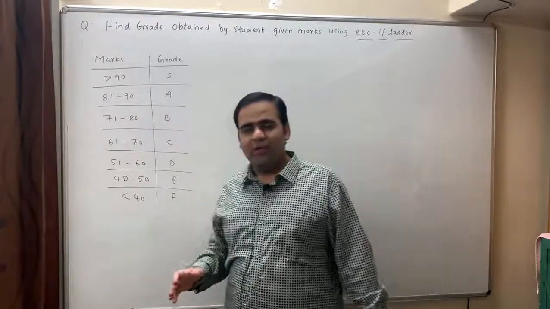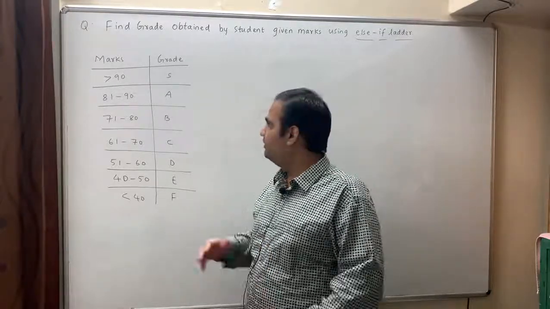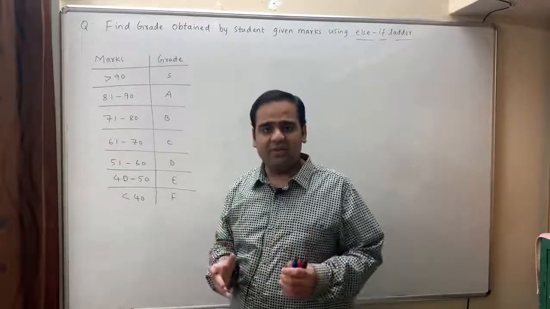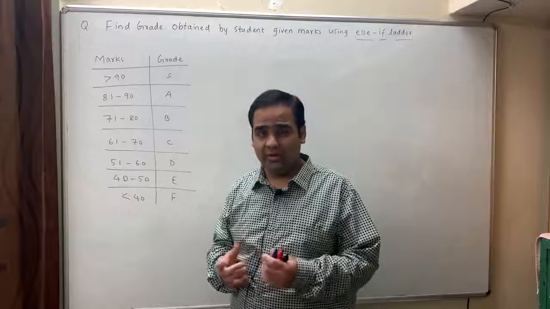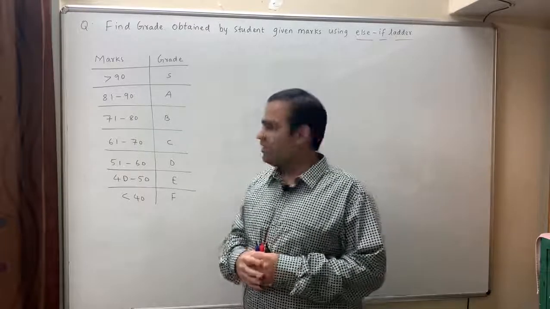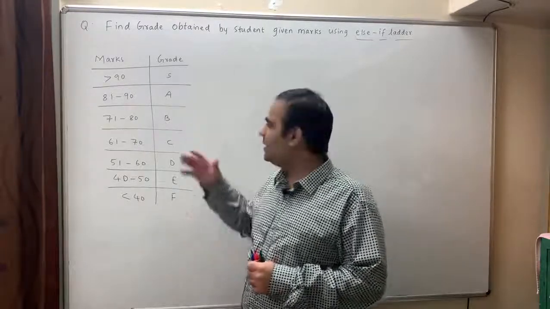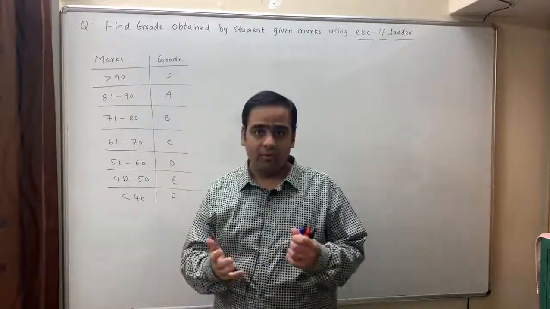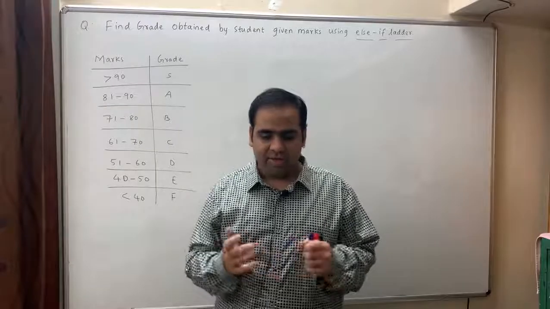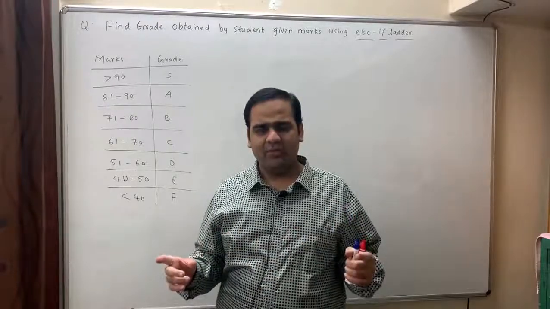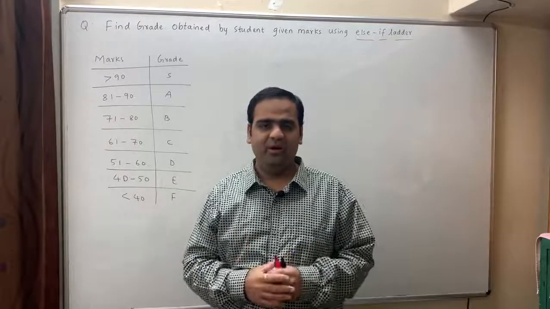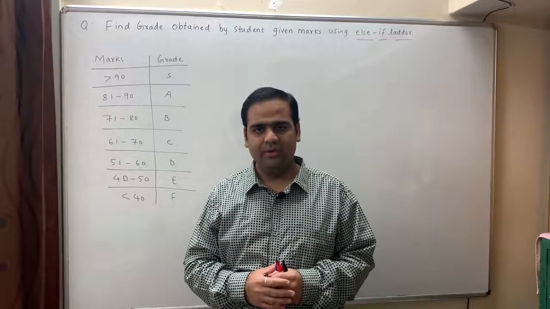Now, over here, why is the ELSE-IF ladder preferred? Because we have 7 conditions, 7 grades, and in a given subject a student will get only 1 grade, right? Say for example mathematics, the student might get either S, A, B, C, D, E or F, but not more than 1. That means whenever we have more than 1 things and we want to select only 1 thing, we will prefer an ELSE-IF ladder over there.